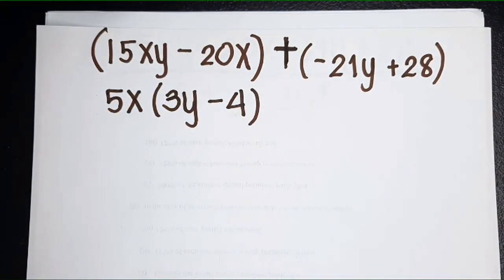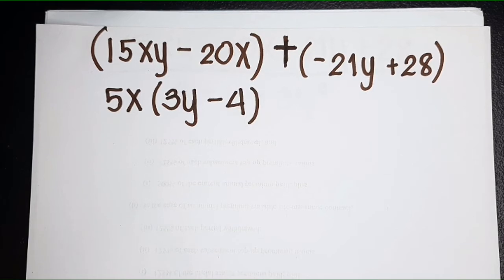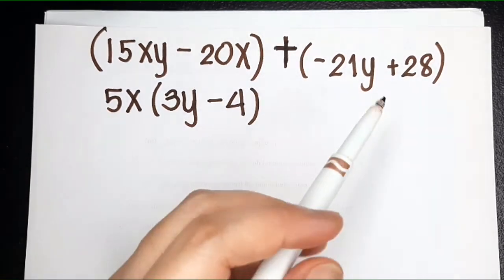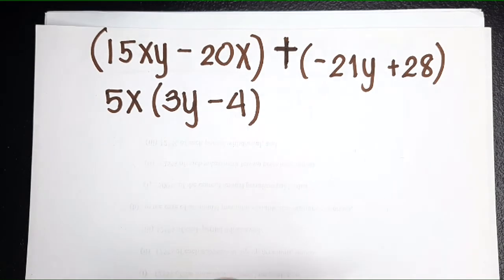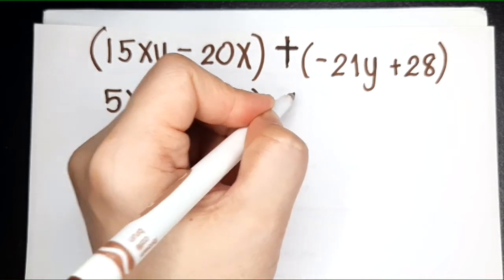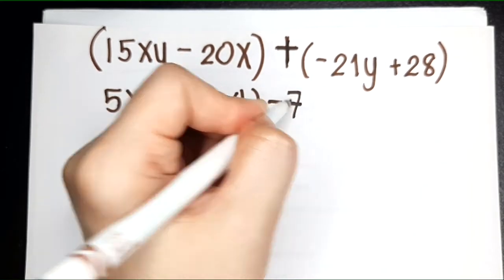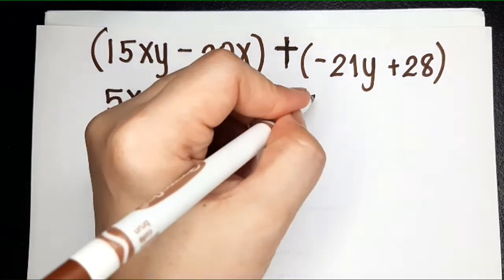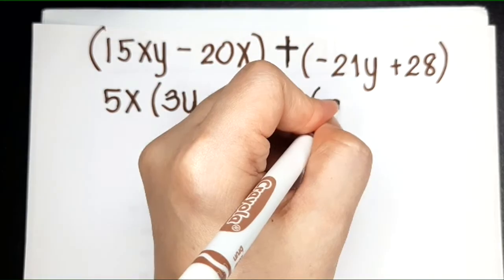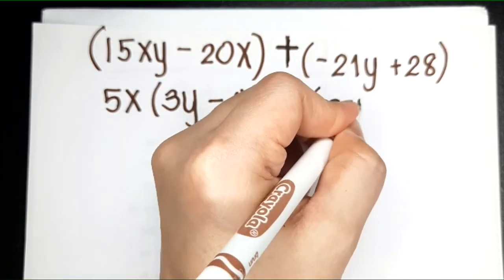Alright? Okay. Let's move on to the second group. Okay, ito ngayon. You have negative 21y plus 28. You may want to factor out minus 7. I factored out negative 7. So, it's going to be positive 3y